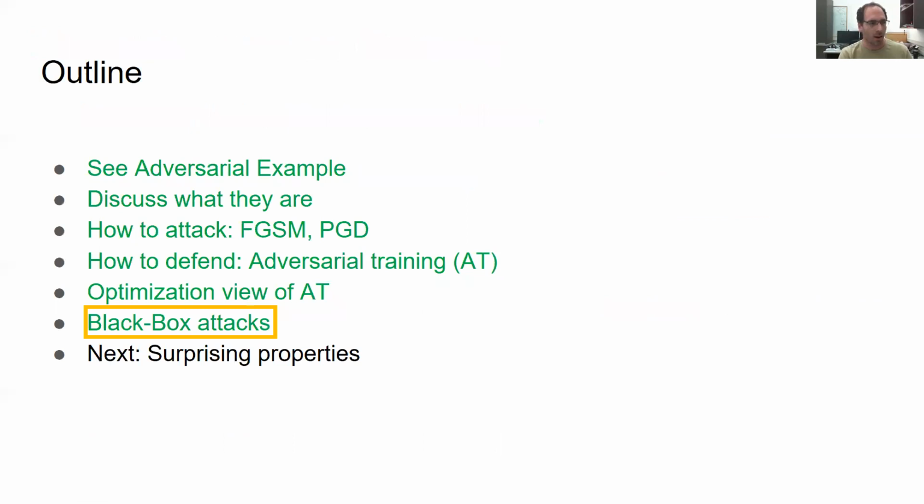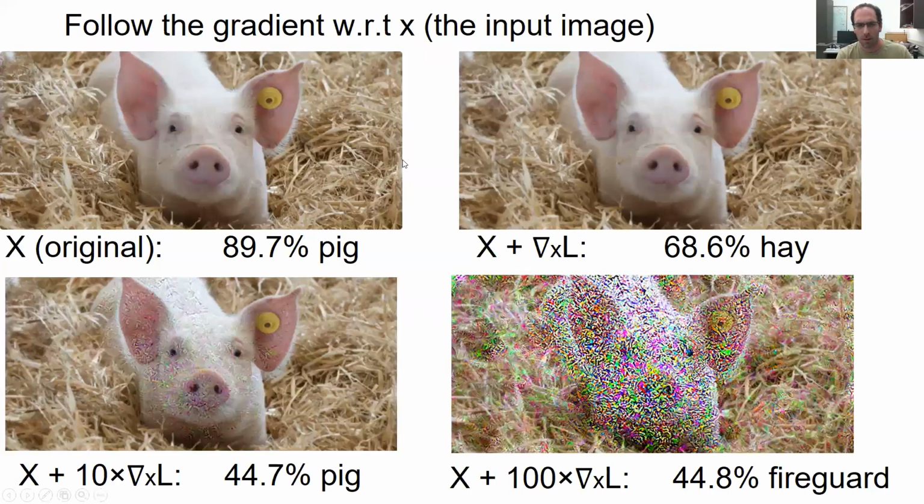But apparently there are some really cool things that happen when you train your model to be robust. So I want to come back to this example I showed in the beginning of this pig, where we tried to,